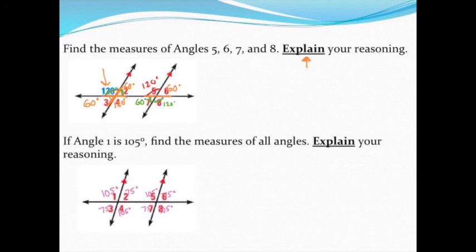So there you can see the 8 angles. Again, notice there's only 2 angles that we used, either 105 if the angle was obtuse or 75 if the angle was acute. Now I didn't go through and write down all my reasoning, but hopefully as you were doing this in your head, you were at least telling yourself why you knew certain angles were what they were, either